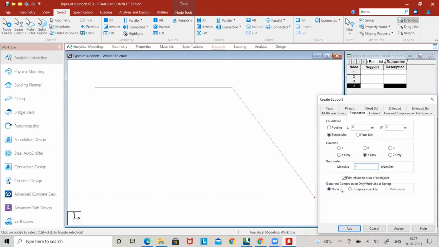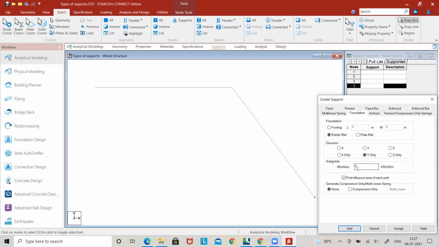But here there is one more option, that is generate compression only or multilinear spring. If you go for compression only or multilinear spring, depending on which type of reaction is to be generated, that is your assumption in future for that particular structure.